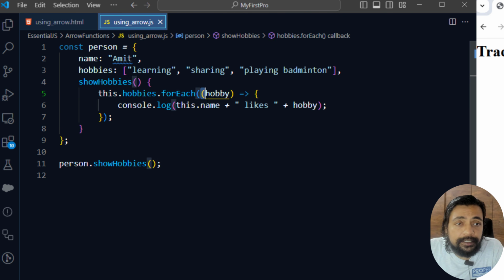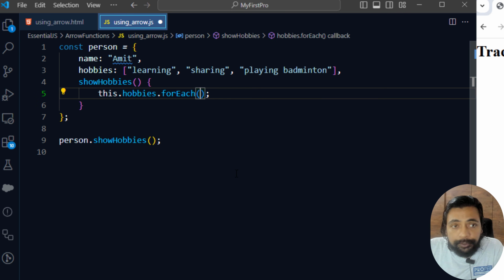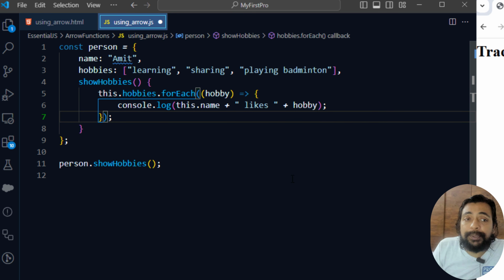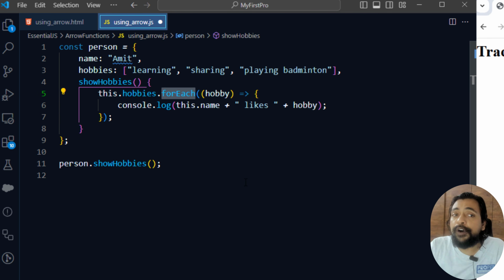This whole part which is inside forEach, let me cut it out. This whole part is an arrow function, and inside this arrow function I am printing the name property, so I am using this.name. And for hobby, I am directly printing the hobby. So forEach will call this arrow function, depending upon how many elements are there in the array. In my hobbies array there are 3 elements, so this arrow function will be called 3 times, and it will pass the current value of hobbies as a parameter,